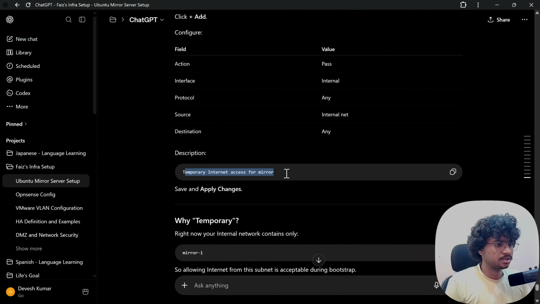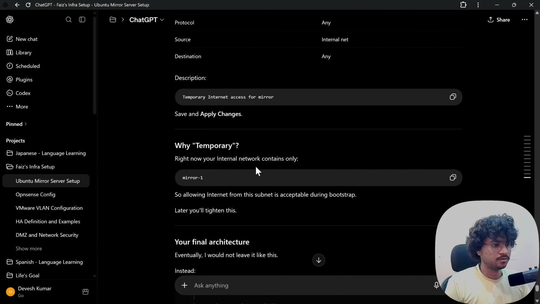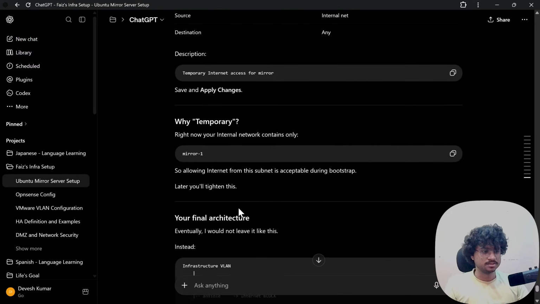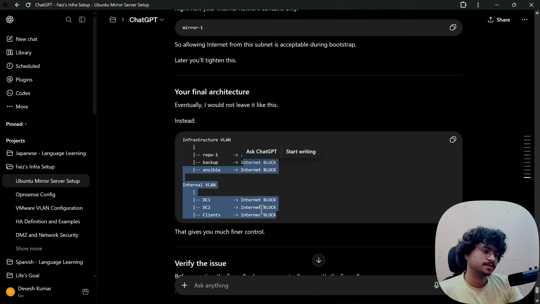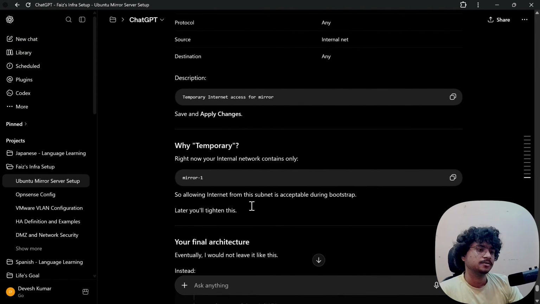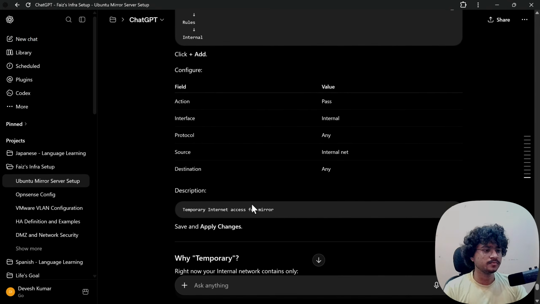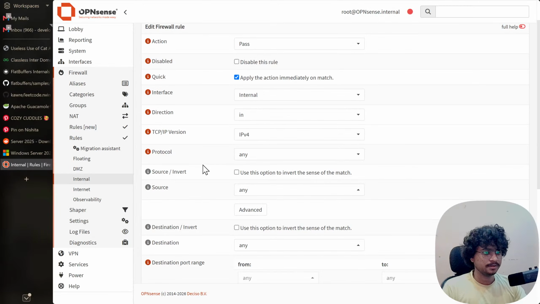Why are you saying temporary internet access for mirror? Right now you have an internal network that only contains mirror one. Subnet is acceptable during bootstrap, but I will tighten this. Yes, internet allow. Why can't I do internet allow here and block for everyone else? No. Action pass on interface internal, protocol any.